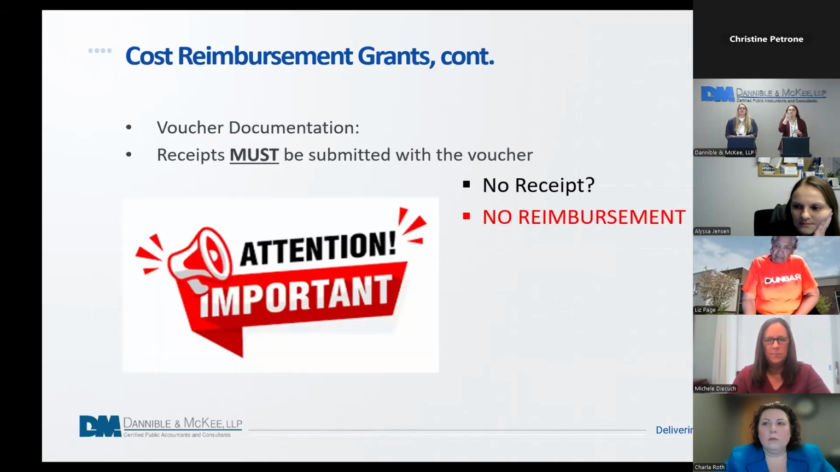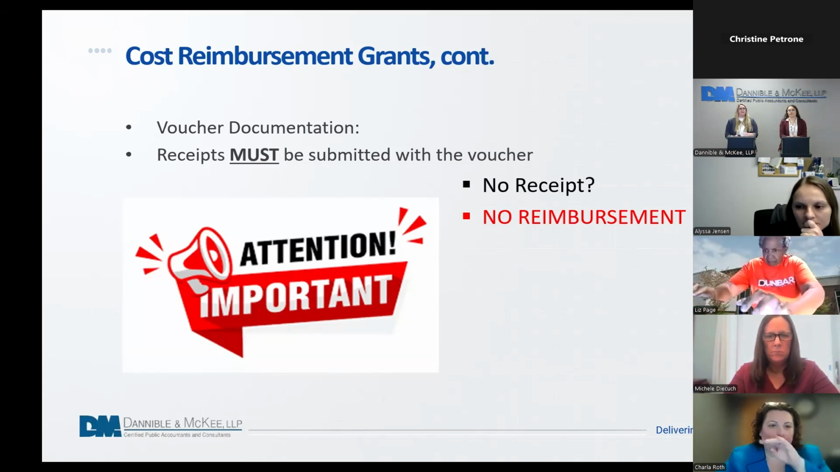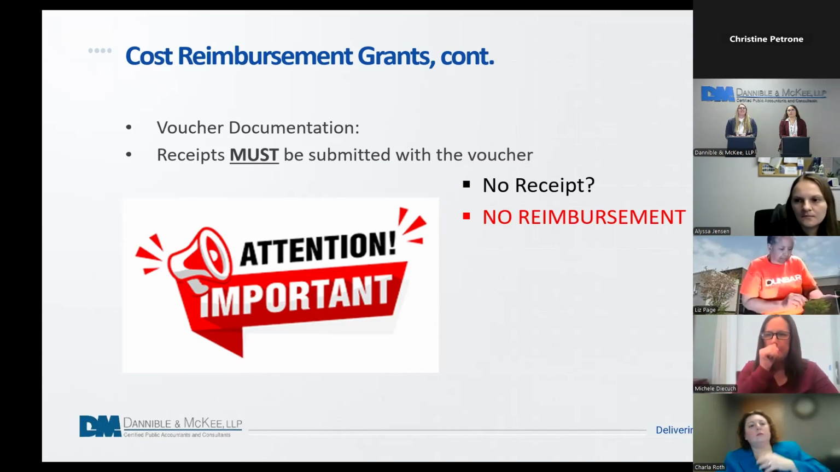All right, so some more stuff about cost reimbursement grants. So for voucher documentation, this is kind of why we asked this polling question before this slide. Receipts must be submitted with the voucher. If you don't have a receipt, you most likely are not going to get reimbursed for it. Now, I do know that some of the granting organizations, I'm sure some of you have heard of the system CAMS, where you're required to log in and you fill out your expenses for the month in accordance with your budget. They don't actually require you to upload your documentation, but we highly, highly, highly recommend that you still prepare